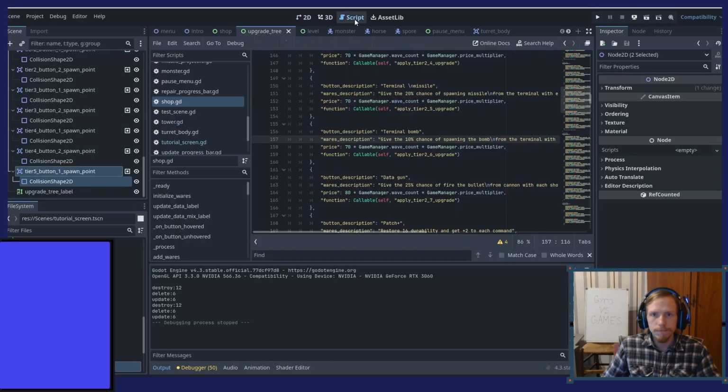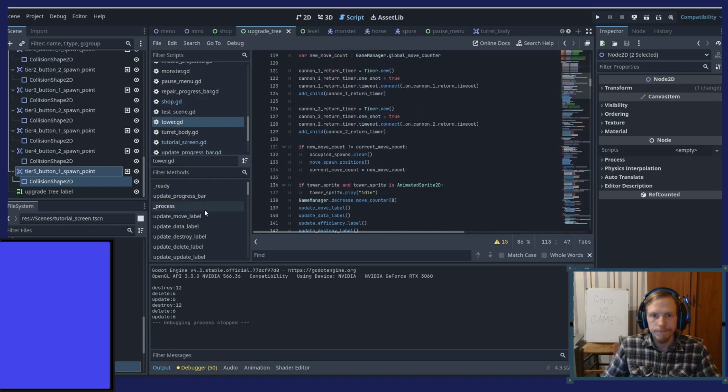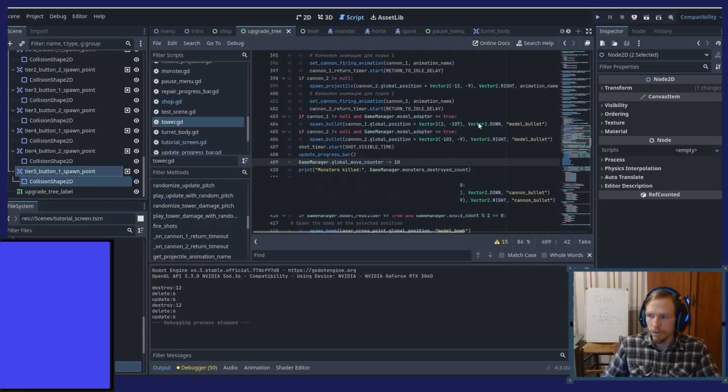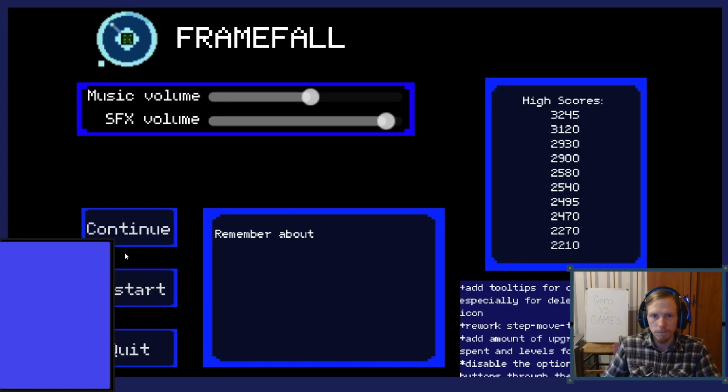I'm a bit lazy to play through the whole wave just to see if it works.